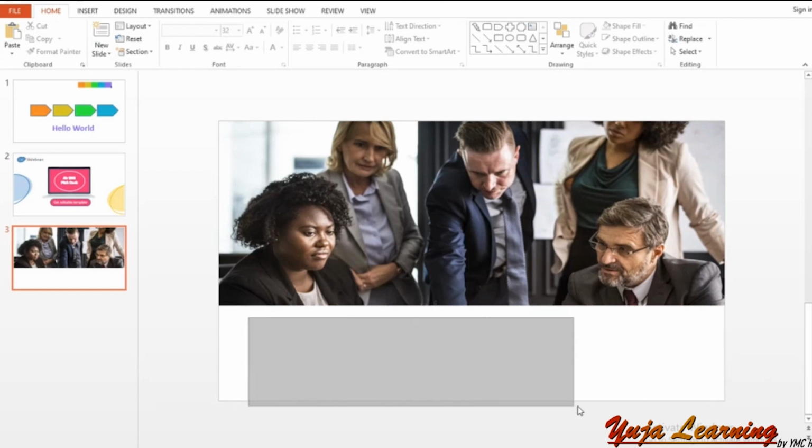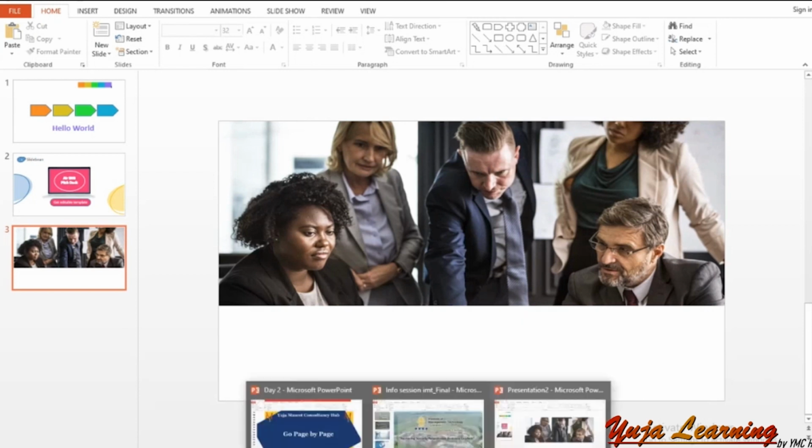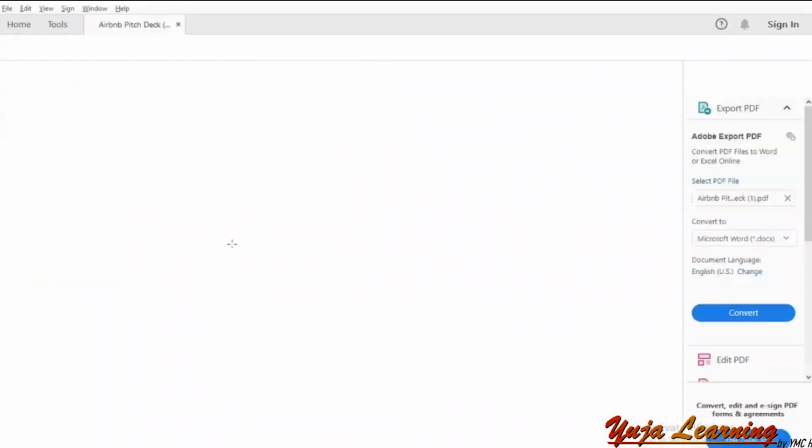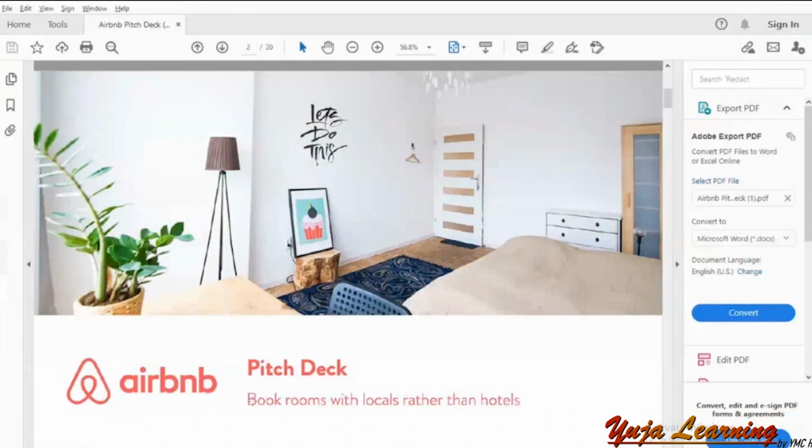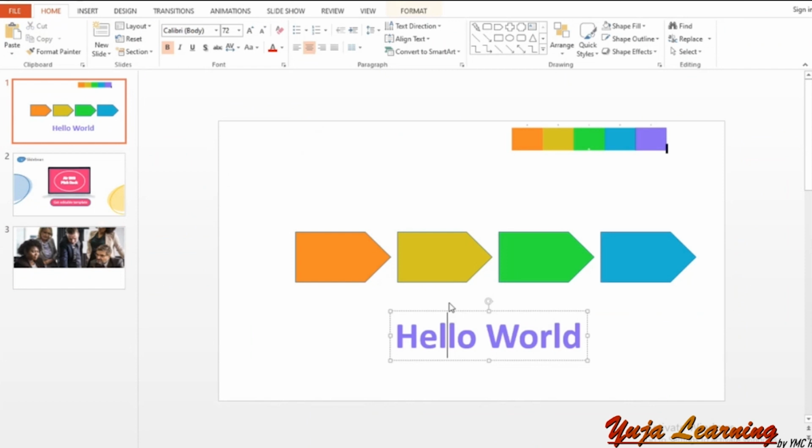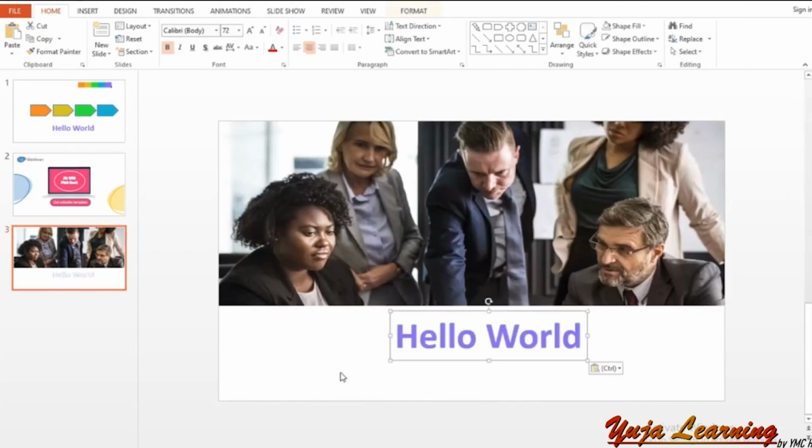Right, now we can simply add some text here using word art again, and this slide would be ready in the exact same format. Increasing and decreasing the text size. Simply copy this text, right? Paste it,